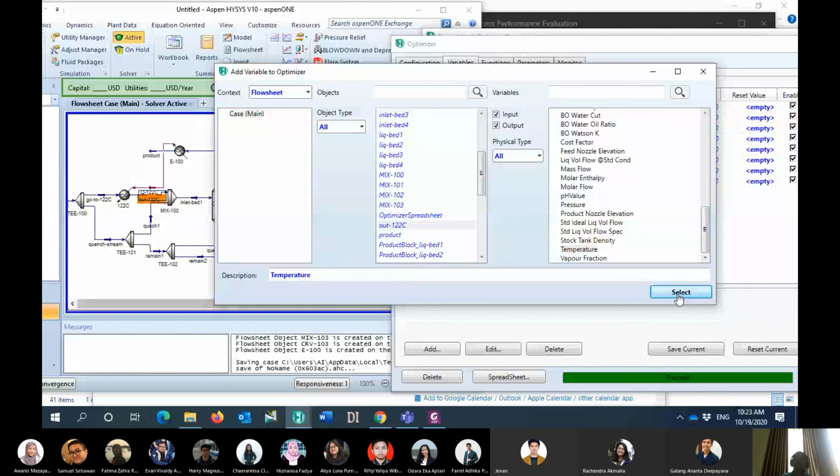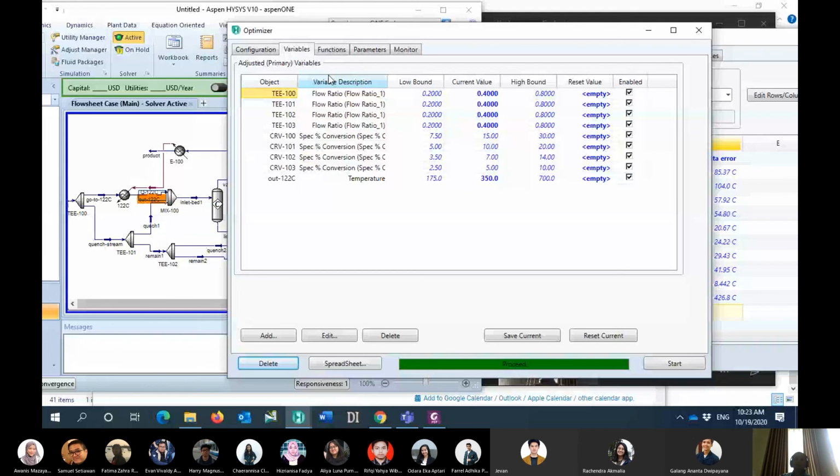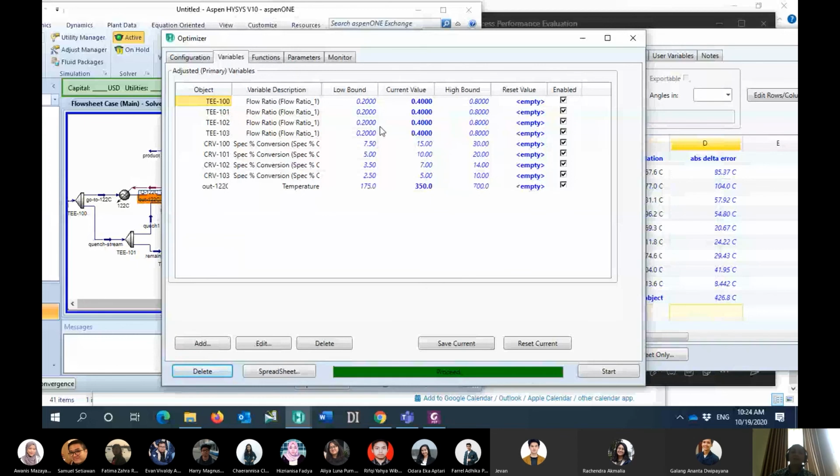I don't know which temperature it should be. I put all of the initial values from the simulation. HYSYS will change all of these values until the delta will be minimum.